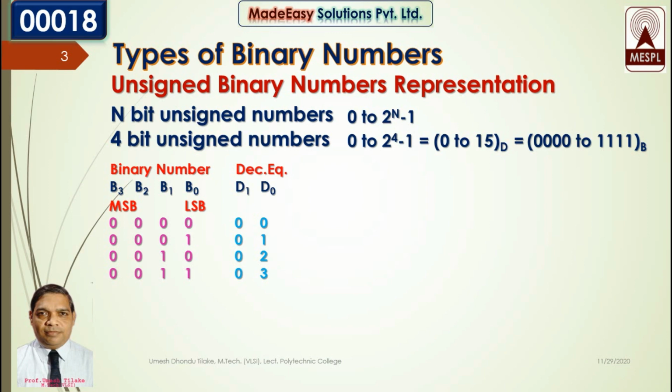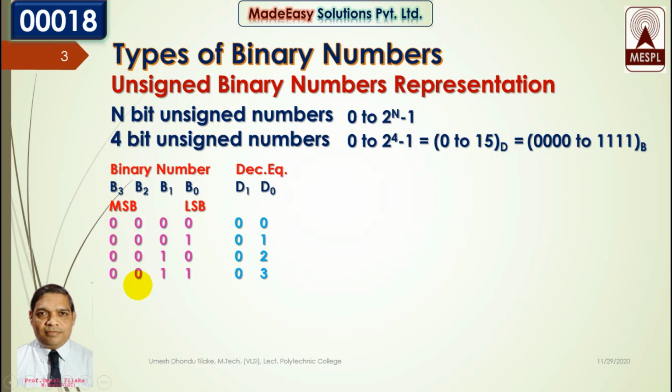Now let's write the next number. If you remember the method we used in the video lecture of binary number system, you will find that the LSB, that is B0, changes the bits alternately, that is 0, 1, 0, 1 and so on. B1 changes the bits at the interval of 2 bits, that is 2 times 0, 2 times 1. B2 changes the bits at the interval of 4 bits, that is 4 times 0, 4 times 1. And the MSB, that is B3, changes the bits at the interval of 8 bits, that is 8 times 0, 8 times 1. The next bit, if it is there, will change at the interval of 16 bits, that is 16 times 0, 16 times 1 and so on.